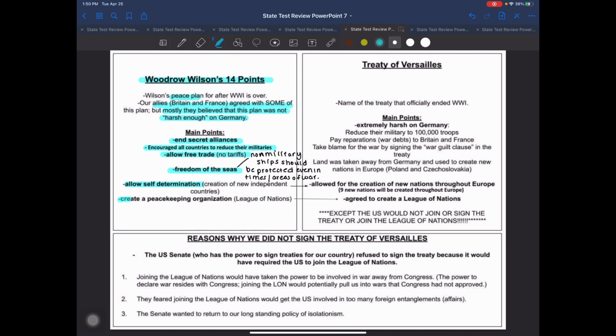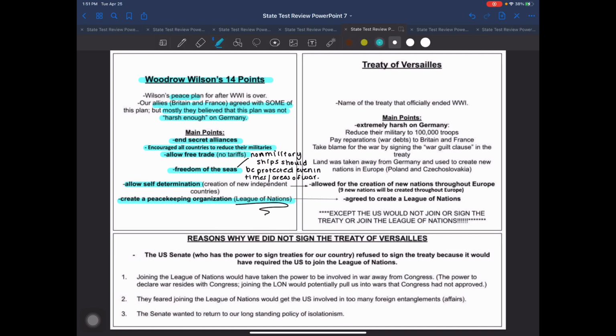And his last and most popular suggestion was to create a peacekeeping organization, a group of countries that work together to prevent war, to maintain peace in this world. That's their main focus. And what he's referencing is what will become known as the League of Nations. So, very good idea, but keep in mind, it's his idea, but he does not have the authority in our country as president to decide whether or not we join something like the League of Nations. But great idea.